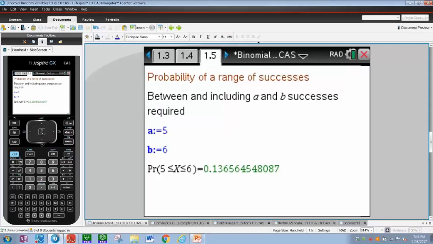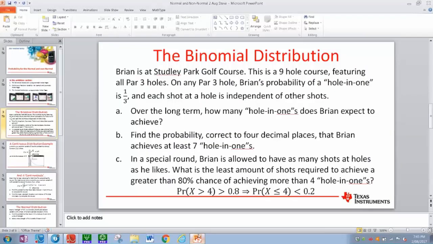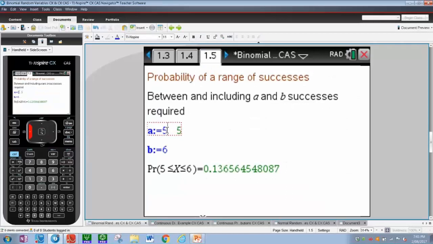Now the good news is that the way I've made this page is we've got at least 7 hole-in-ones. So if you want to change either of those variables, if you look carefully at the bottom line here, as I change the numbers as A and B, it actually changes on there as well. So it even shows students the correct notation to write on their papers and not to write calculator syntax, as is the case with many students faltering and losing marks that way. So I've made this file in such a way that it gives you a lesser chance of making an error. So hopefully that helps the students if you do get to that stage.